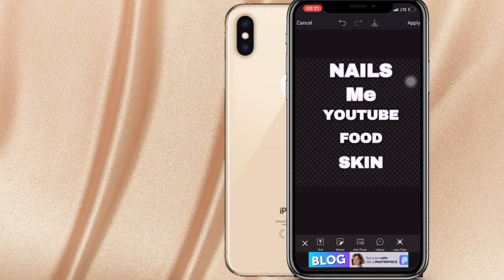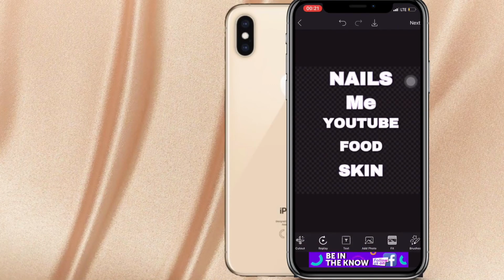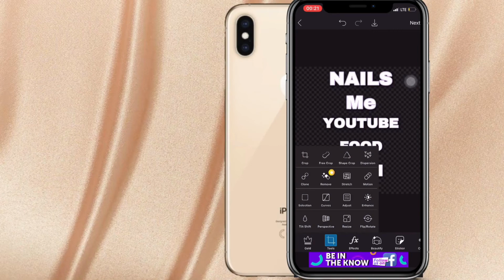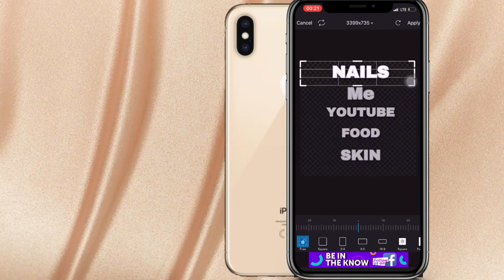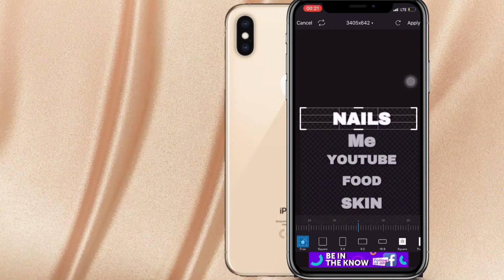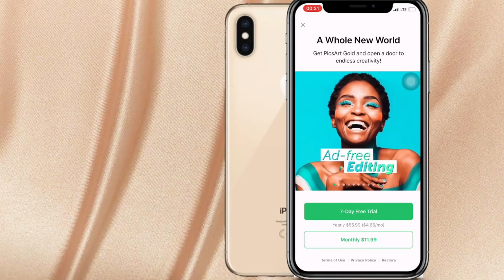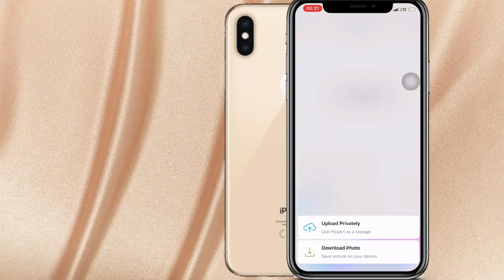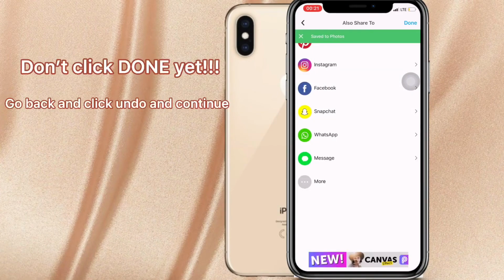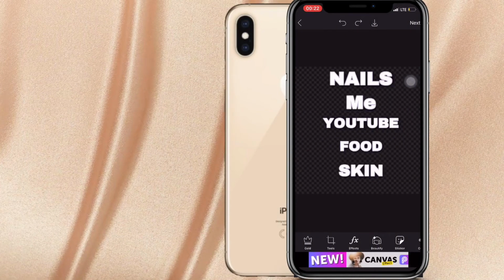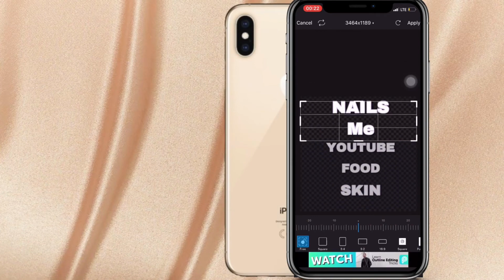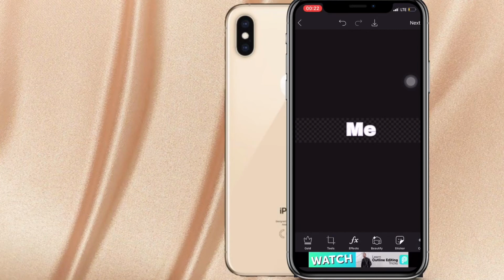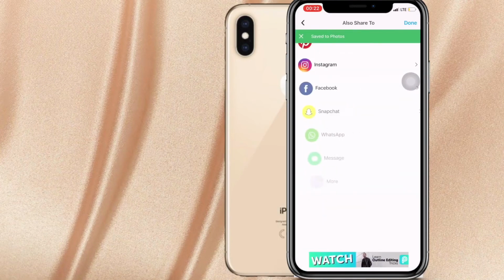Now what you want to do is to press apply. Once you press apply, go to tools, go to crop, and crop everything and save. Crop each of these and save because it's in a transparent background. So press apply, press next, and then save. Once you save, go back, don't press done, go back, undo it, go to tools, crop, and do it for the next one. You press apply, you press next, you press save, you go back,